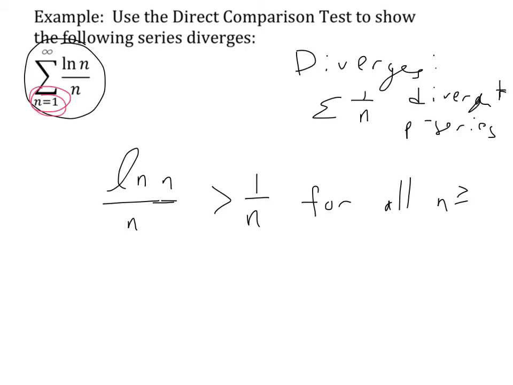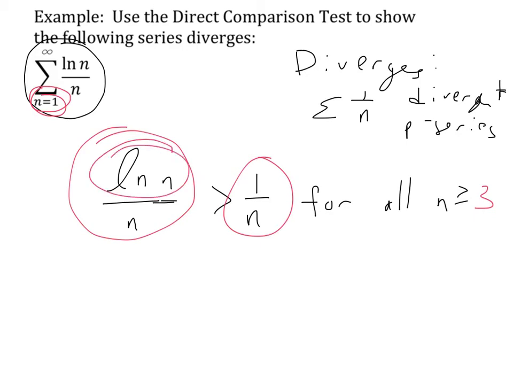I think it's actually only for n greater than or equal to 3. But that's actually okay with the direct comparison test, as long as there's some point beyond which the series that you're looking at is always bigger than the one that you're comparing to, you're good to go. The reason this is true, by the way, is that as n gets larger and larger, the natural log of n gets larger and larger, whereas 1 just stays 1. So because the natural log of n over n is greater than 1 over n,